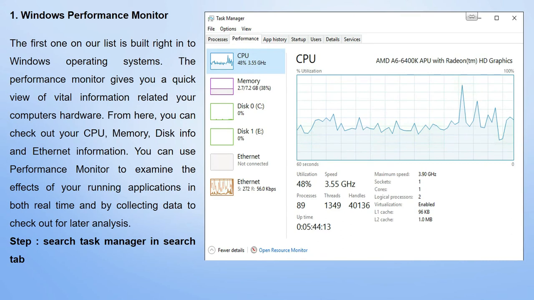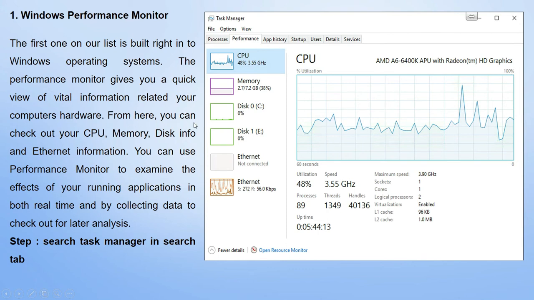Now lots of software is available, and we will discuss some of the diagnostic software, like the Windows Performance Monitor. The first one on our list is built right into the Windows operating system. The Performance Monitor gives you a quick view of vital information related to your computer hardware.